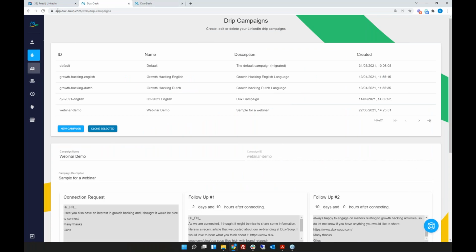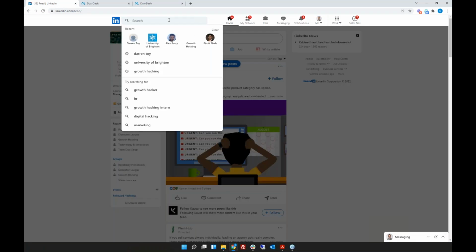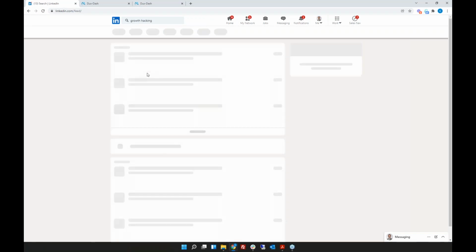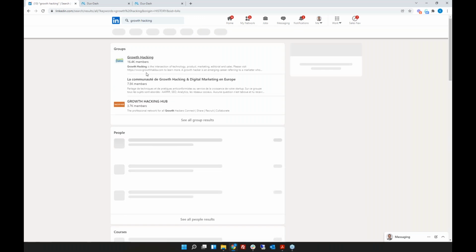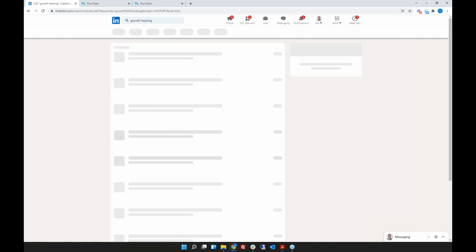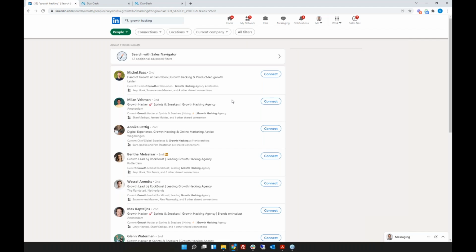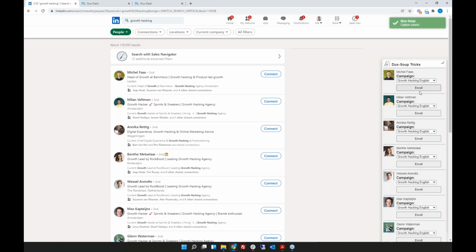Now, to enroll people into a campaign, you have a few options. Of course, the most common being if you just carry out a quick search within either regular LinkedIn or Sales Navigator. If I could just do a quick people search here, very simple one. LinkedIn not necessarily cooperating. There we go. So we've now got a very quick people search here. And what you'll notice here on the right-hand side is we've got a little Dux Soup widget, which has appeared. And if I click on there, you can now see I have the opportunity to enroll people into my chosen